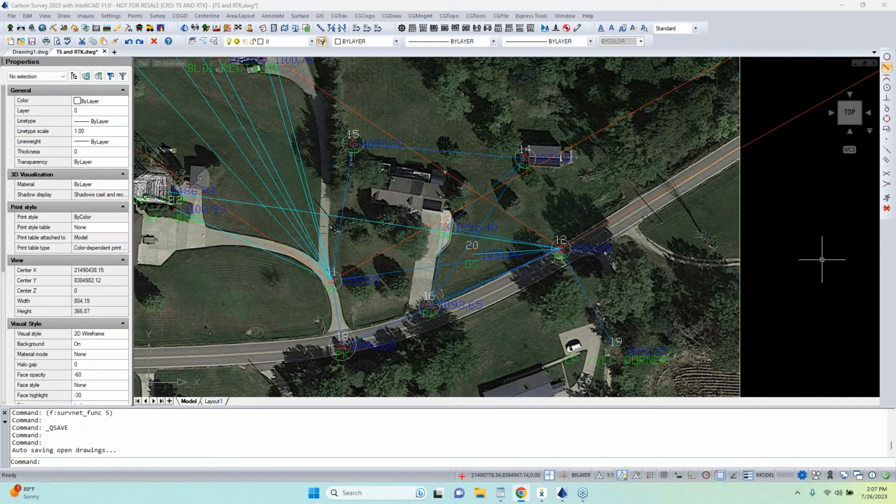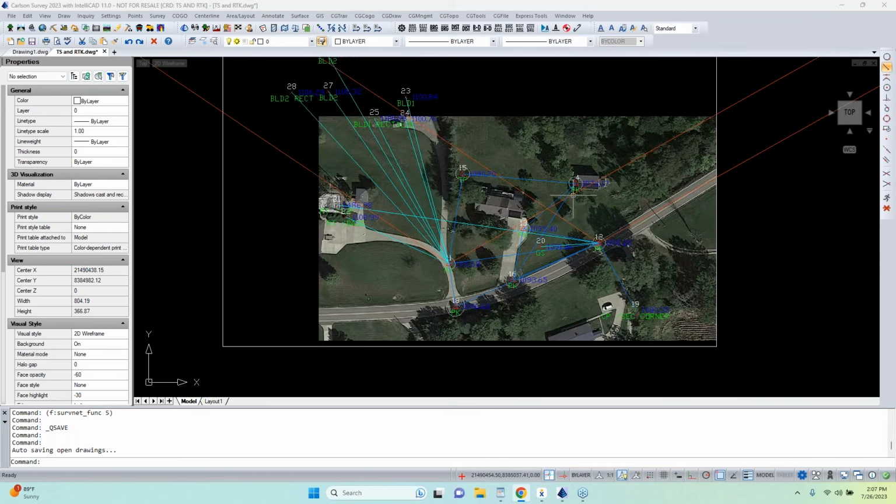So one of the things in SurvNet is if you are doing GPS work, you have to be working in a 3D model. And so if you do combine your traverse work with it, you do have to carry your rod heights and your instrument heights. That's not always necessary. If you're just doing horizontal work, you can get away with doing a couple of different things to get by. But the first thing we should do before we get into this really deep is just